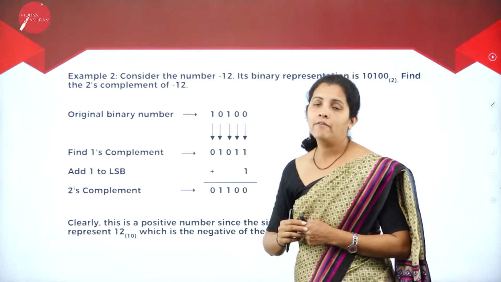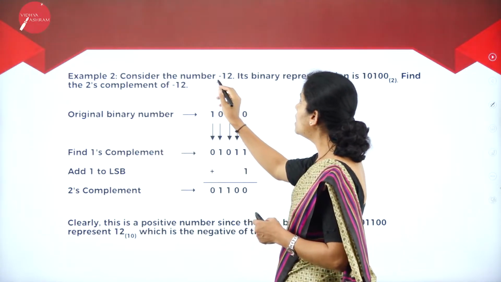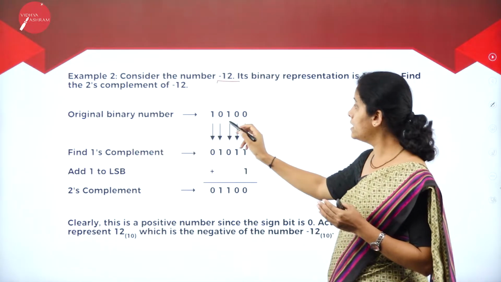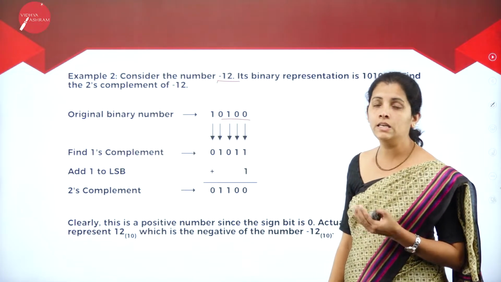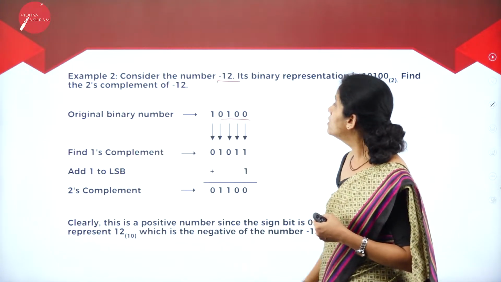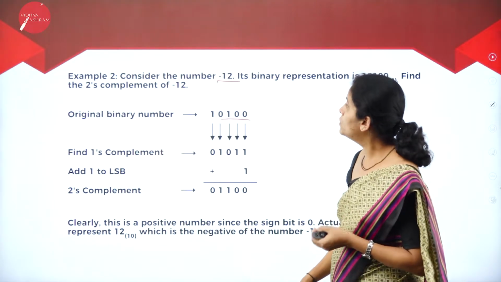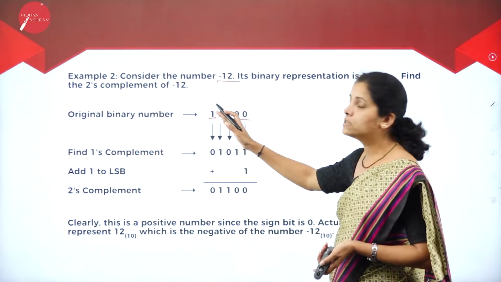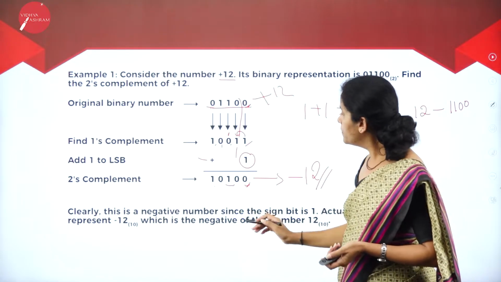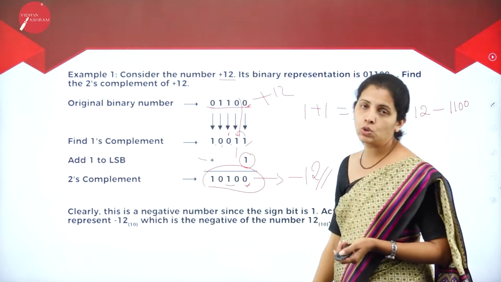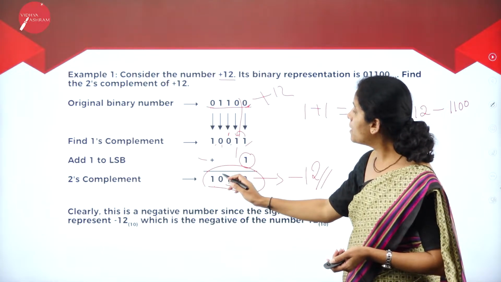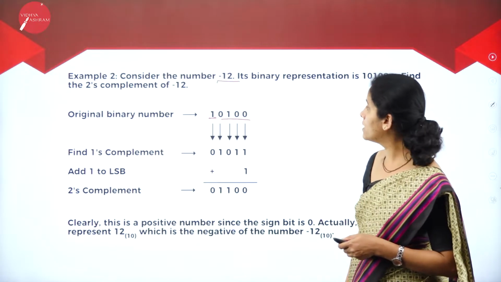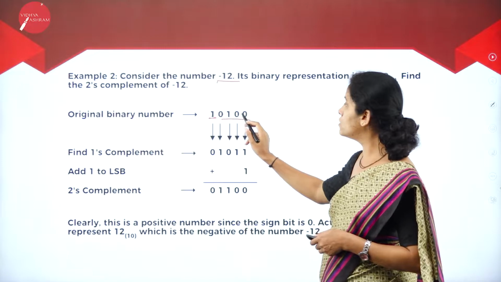Then I am going to take another example. Here I have minus 12. Now I want to convert this 12 to binary. So I write the binary digits as it is, and I write the sign. It is minus, so it is 1. So from where do I get the minus 12 value? I take this one, that is 1, 0, 1, 0, 1.